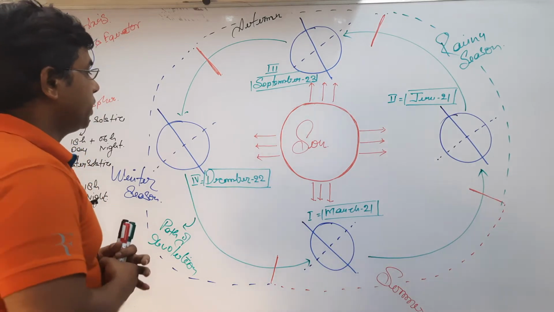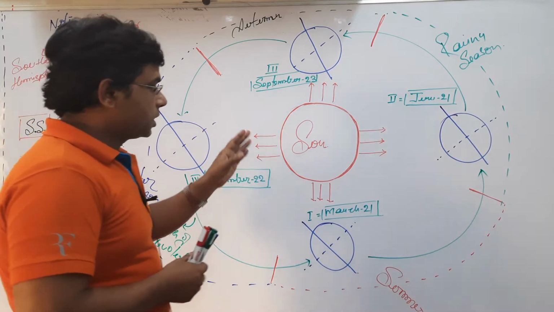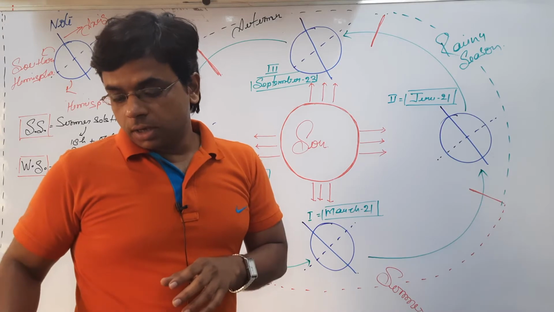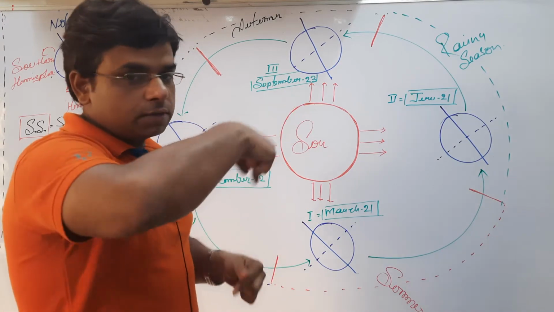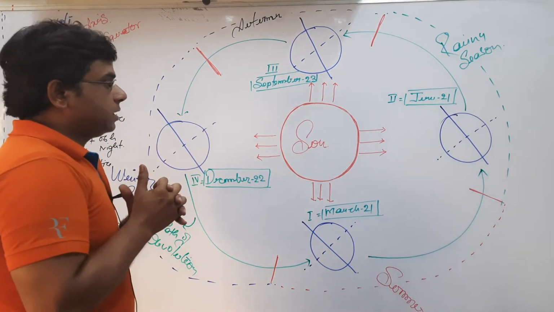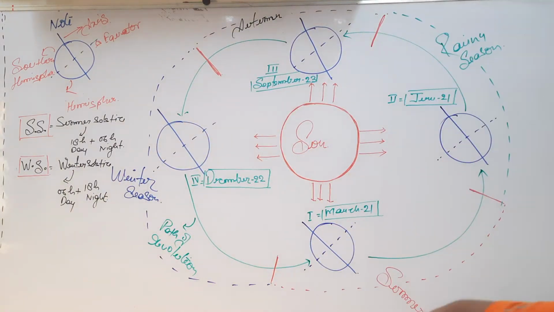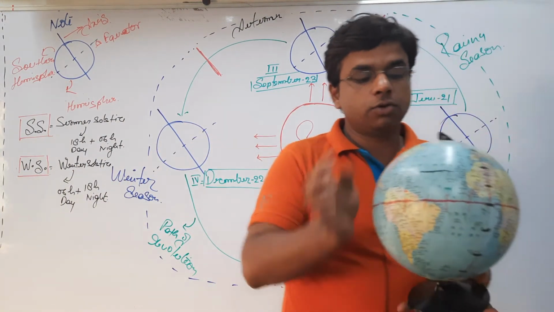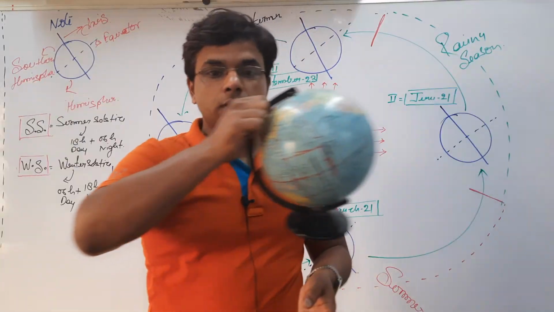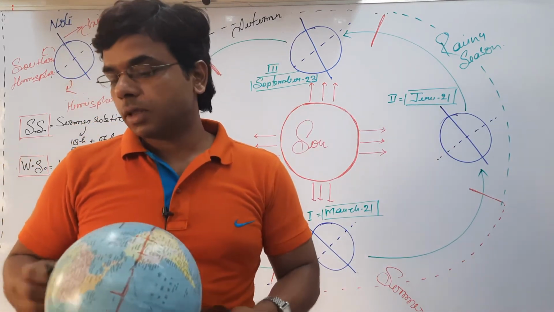And now today, in the last part of this lecture on the motion of the earth, we are going to discuss the revolution of the earth, the second type of motion which the earth does around the sun. We have already known that simultaneously, at the same time, the earth is in constant two motions. One is the rotation, and the second one is the revolution, that means taking a circle around the sun. So look,